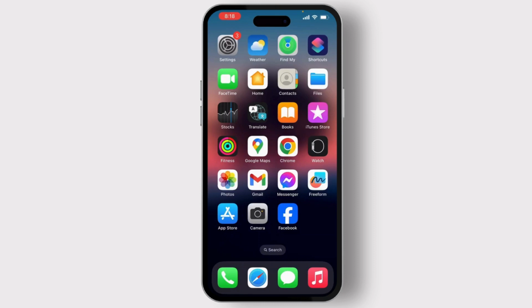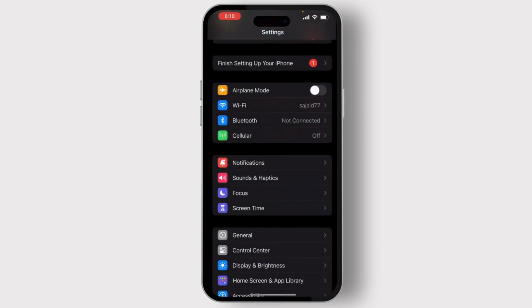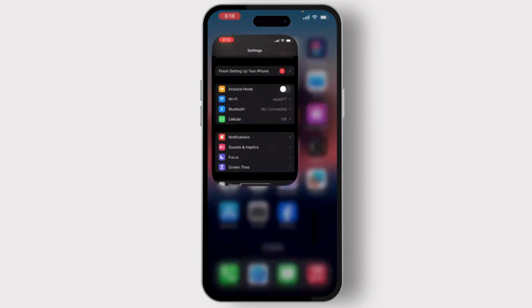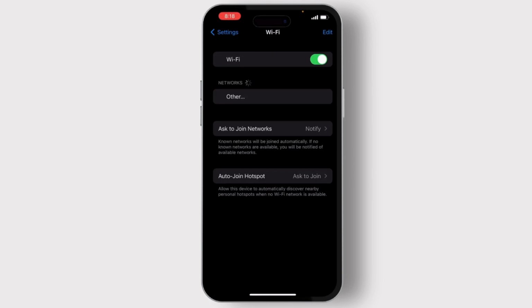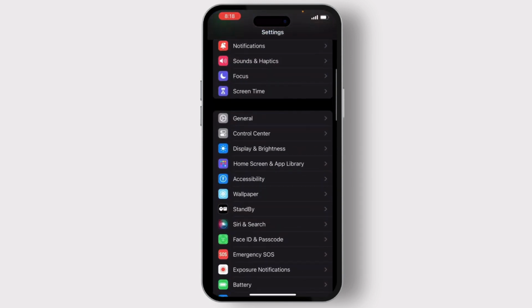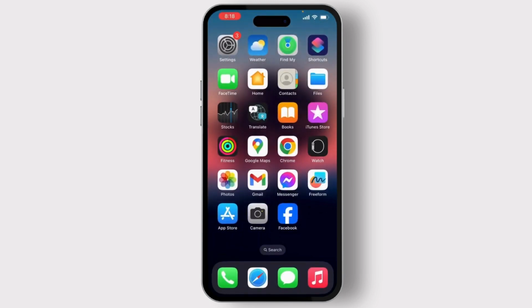Once you do this, what you need to do is go to your settings and turn off your Wi-Fi for a few seconds and then again turn it on. After doing this, go to your settings again